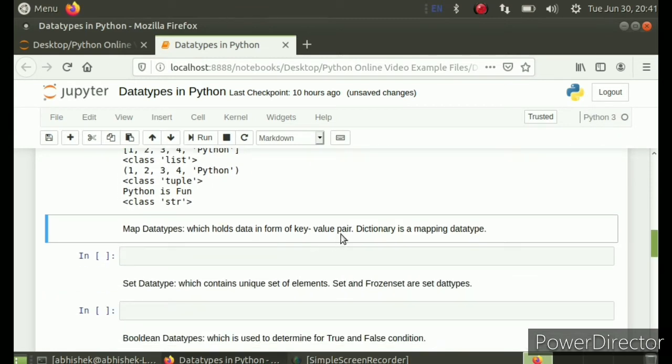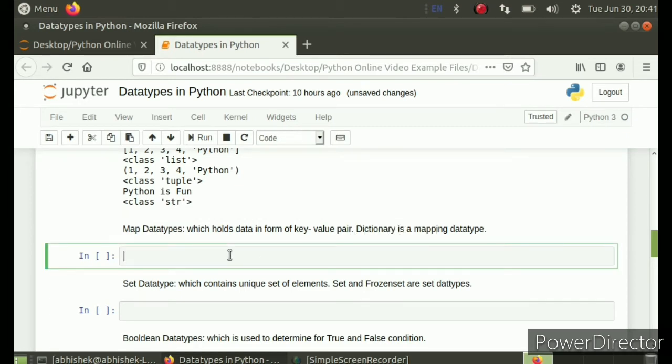Moving on, another data type is the map data type, and this holds the data in the form of key value pairs, and the data type name is dictionary. My dict is a variable name. To write a dictionary, curly braces are used, and it holds key value pairs separated by a colon. So I'm writing a, which is a string in quotes, then colon, then 1. So basically a is the key here and 1 is the value here, and I can assign multiple key value pairs within a dictionary. Let me comment this too. Curly braces are used with key colon value pairs.